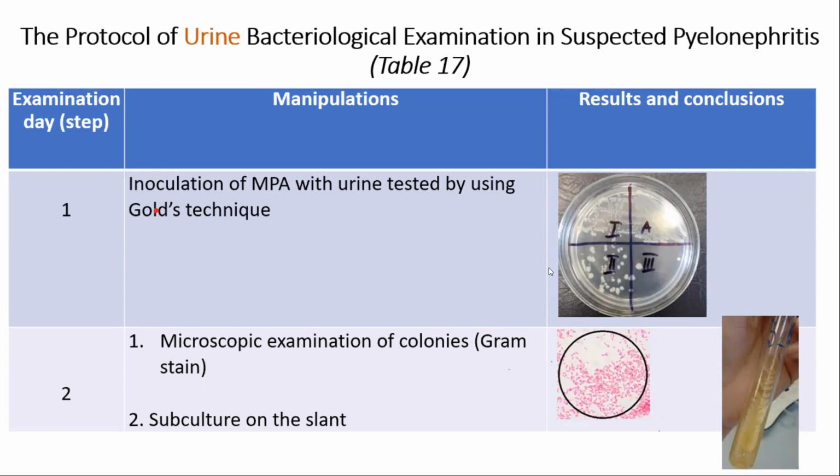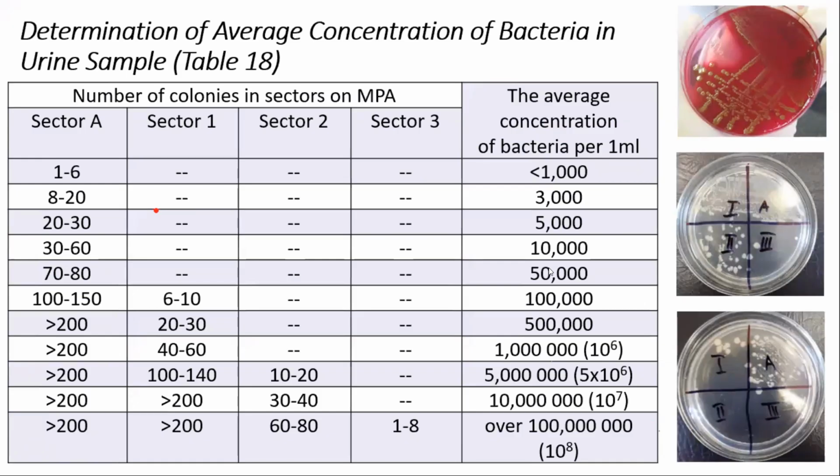How does it help us to determine the concentration of bacteria? Look, there is table 18 in your album that helps to estimate the results. But I need to tell you first that we diagnose, if everything is properly done, I mean, urine is taken properly. You didn't keep it in the ward before inoculation. You bring it immediately to the laboratory. So if everything is done properly,